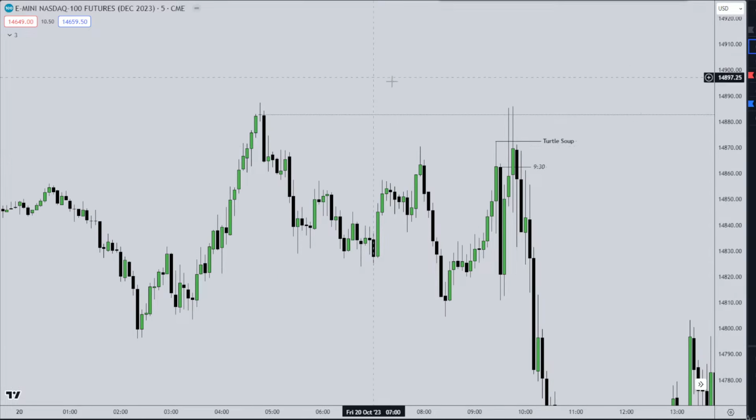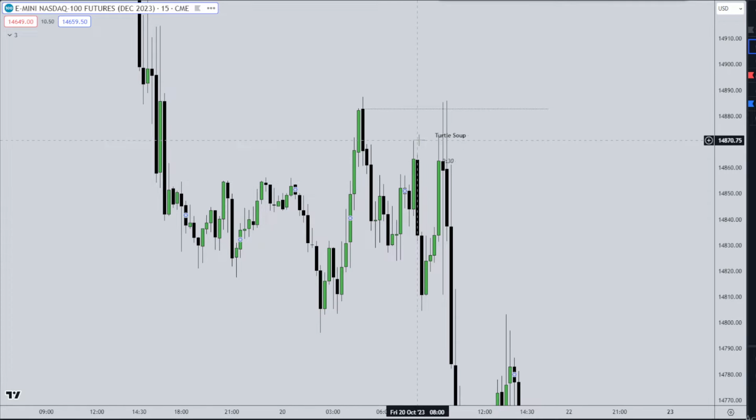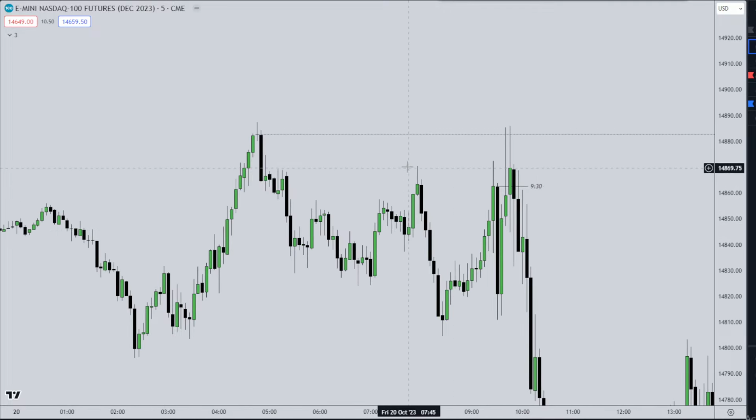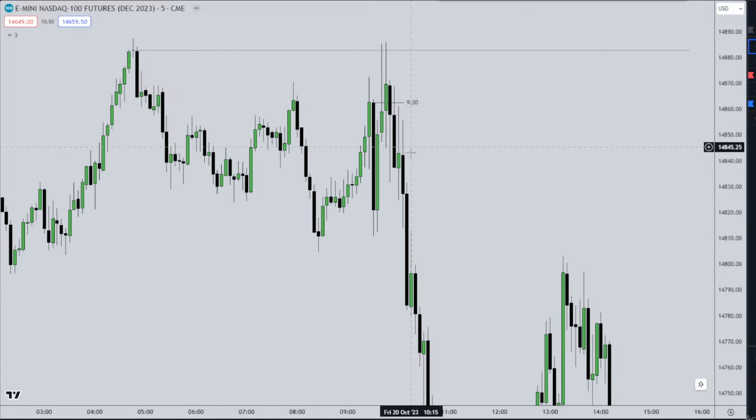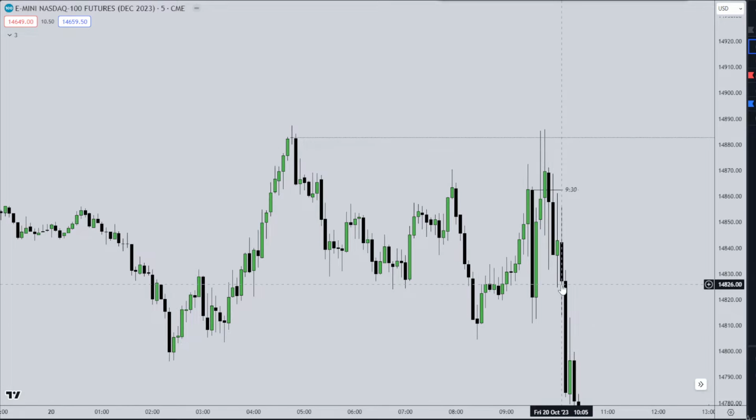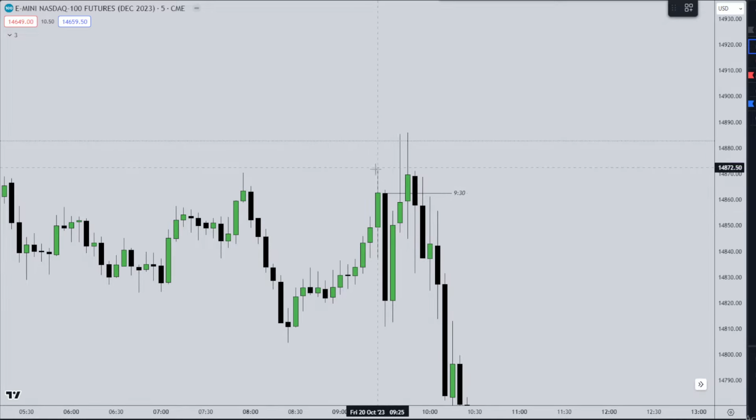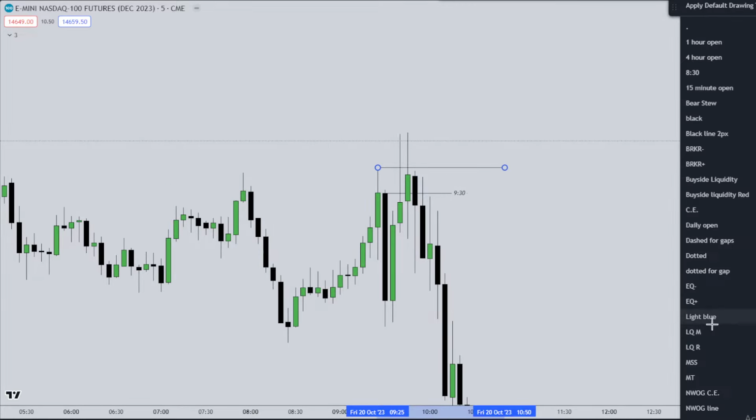But the reason this was the turtle soup, right, and this wasn't, is because there's no higher time frame PDA here. When we swept this high, we're not tapping into anything, right? There's a fair value gap up here, but we never tapped it. So this was obvious, taking out buy side to then manipulate down, to then manipulate up, to then continue down, right? So we end up turtle souping this high. Very, very simple. It's a lot simpler than people make it to be,